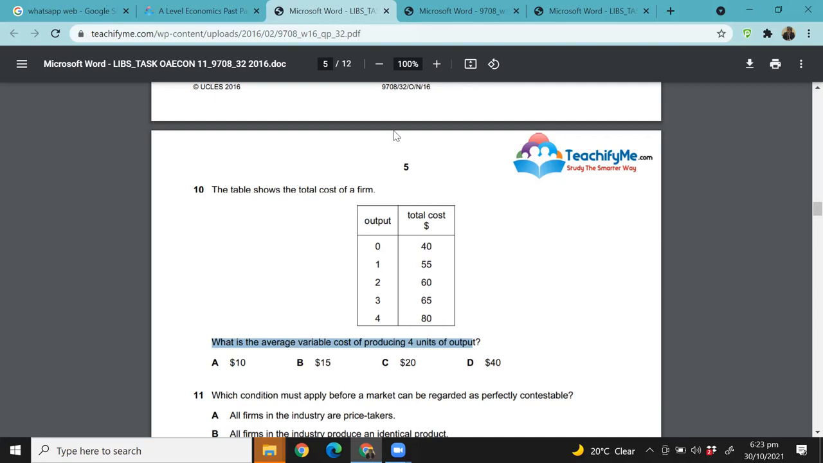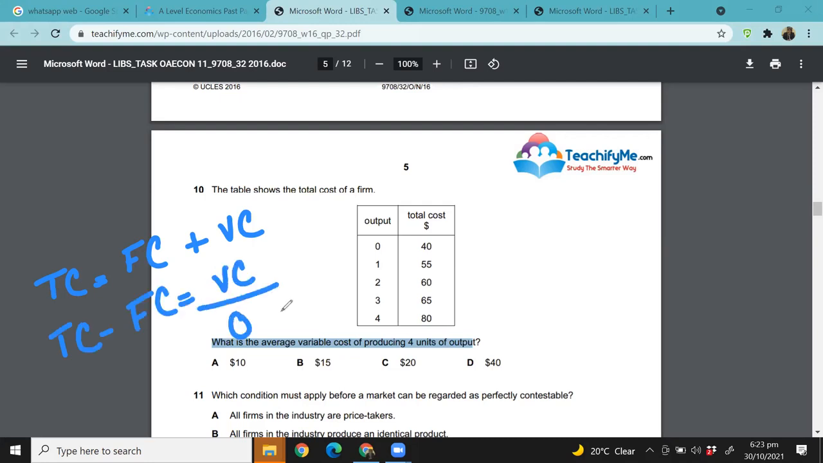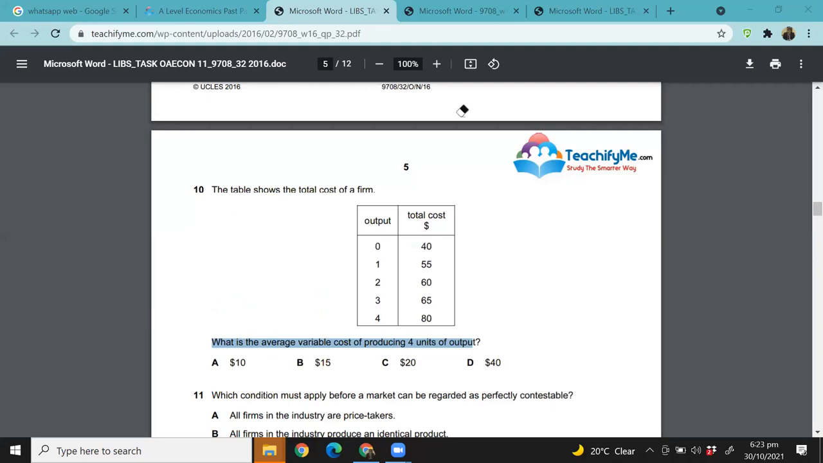We know that total cost is the sum of fixed cost plus variable cost, right? So if we subtract fixed cost from total cost, we get variable cost. Then we have to divide that variable cost over output to find the average variable cost. So the answer should be A, 10, absolutely. Because when you're not producing anything, that is your fixed cost. Even when the output is 0,